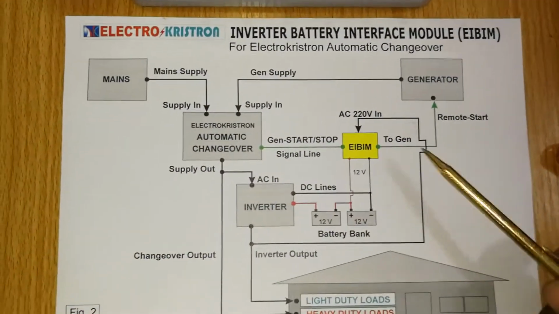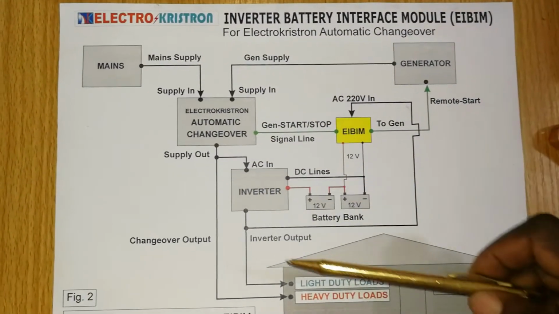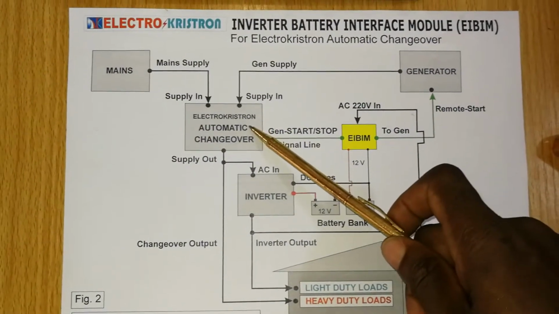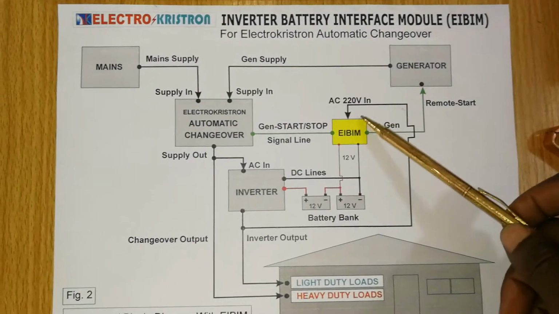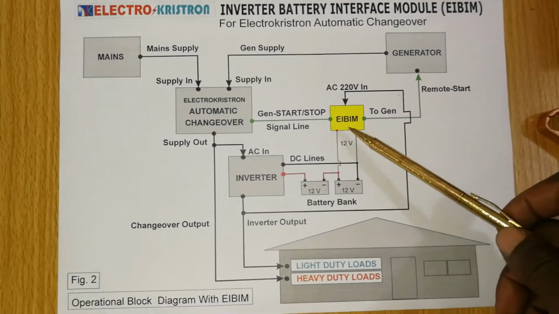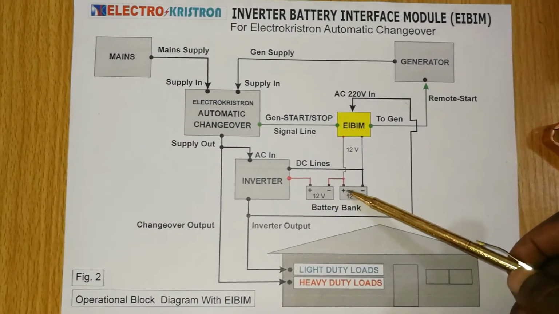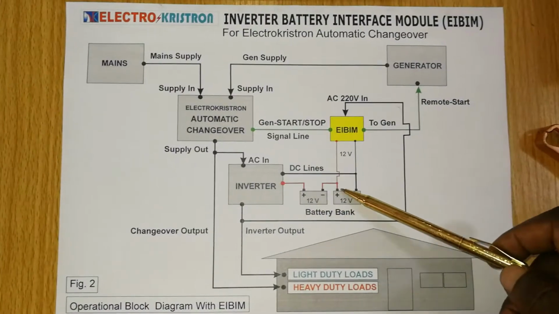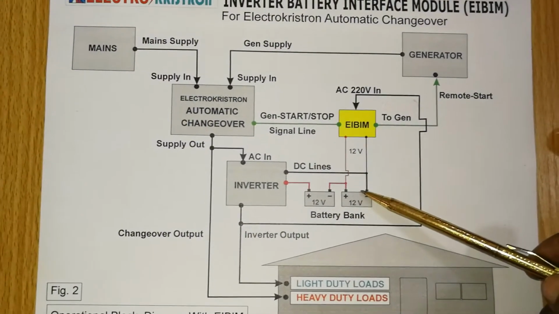So the whole of this is what I can call a perfect scenario for anyone who has an automatic changeover along with an inverter, because with the EIBIM in place, you'll be confident that anytime your inverter battery level, I'm talking about the voltage now, anytime the inverter battery voltage level drops to a certain threshold setting, you are sure your gen will kick in